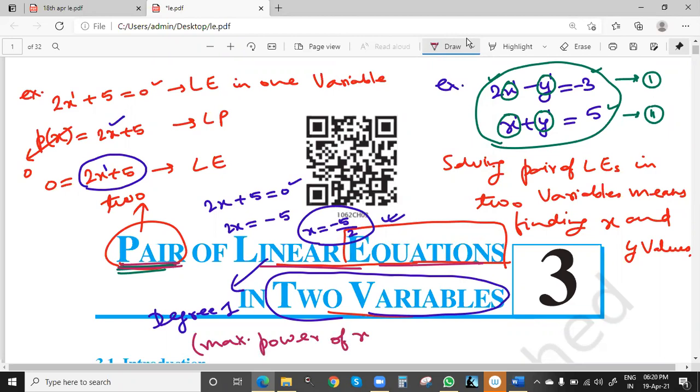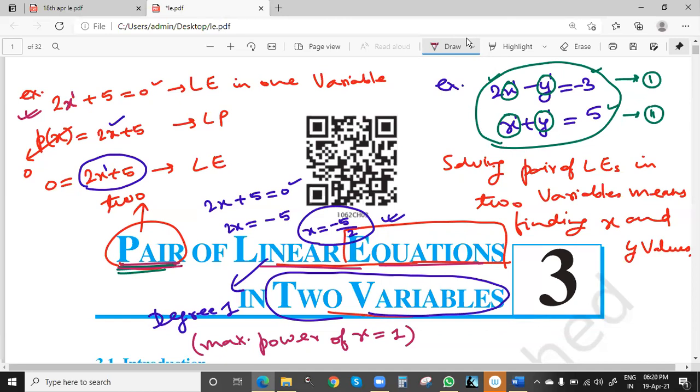X is the variable, so the maximum power of x will be equal to 1. We have one example here, 2x plus 5 equal to 0. This will be a linear equation in one variable, because the variable here is x and the maximum power of x is 1,